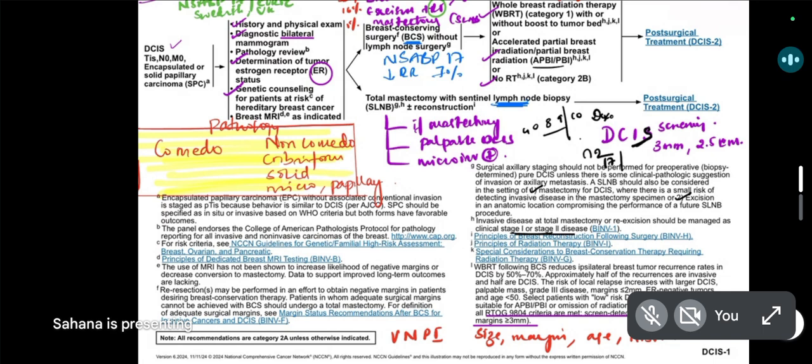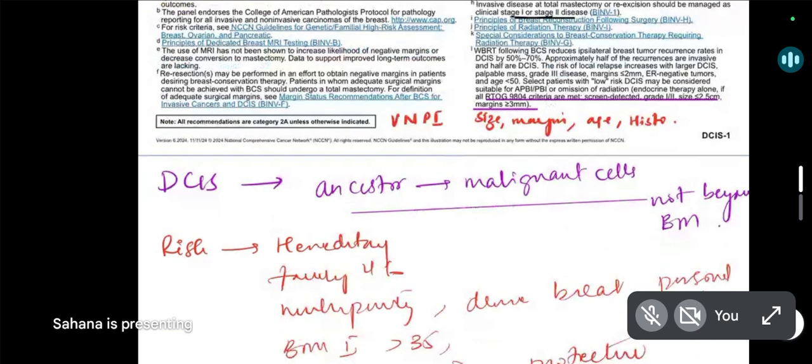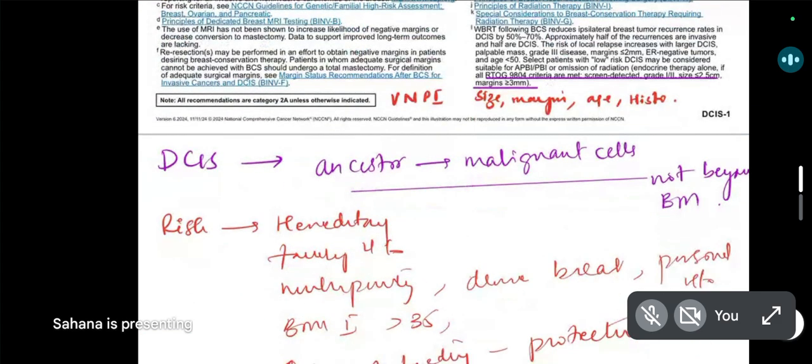Second thing, DCIS is known to have an ipsilateral breast tumor recurrence rate which is quite high. And why don't you just resort to surveillance? Because there are high chances that these DCIS progress to invasive malignancy. So, by definition, these are malignant cells confined to the basement membrane and not beyond. So, the risk factors are